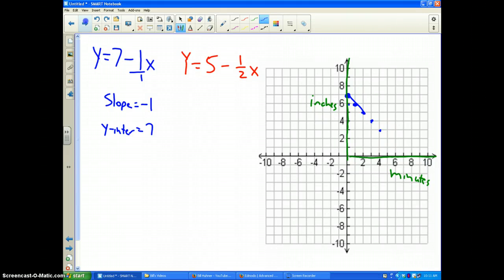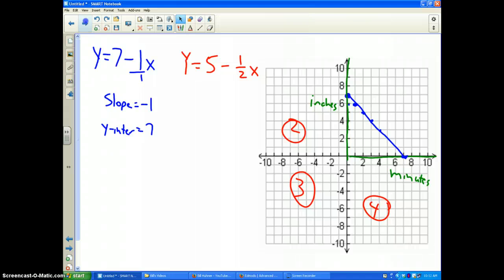So therefore, my graph is going to stop right there when it gets to 0. So that is the graph of my first situation. We cannot go into quadrants 2, 3, or 4 because these deal with negative numbers, and you can't have negative minutes, you can't have negative inches. That doesn't make sense. Our second tank, the slope is negative 1/2,